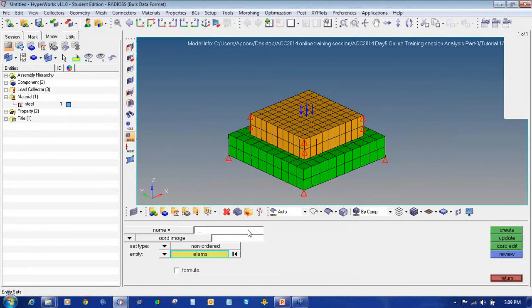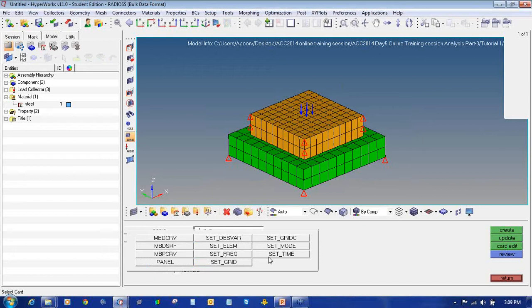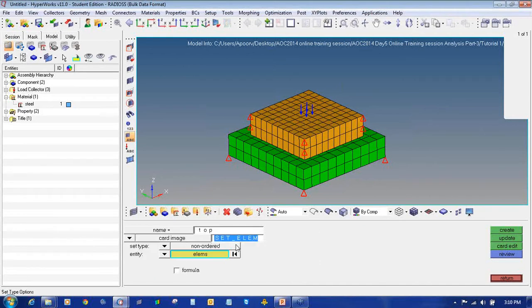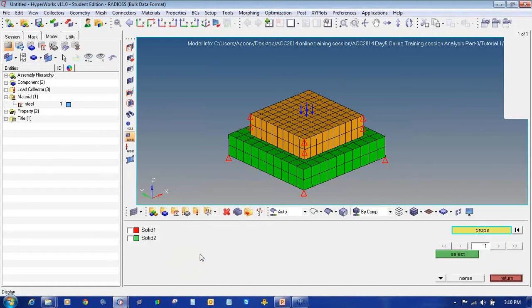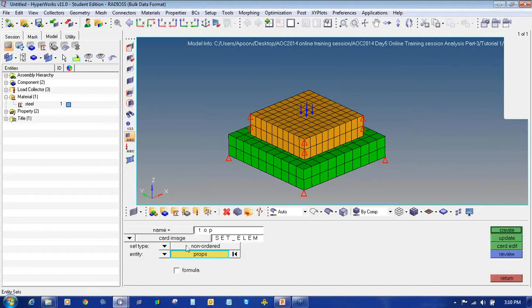Enter the name of the set as top, card image, set elements. From the entity, select properties and click on the property and select solid 1. Click on select.